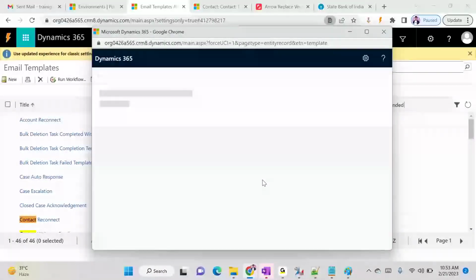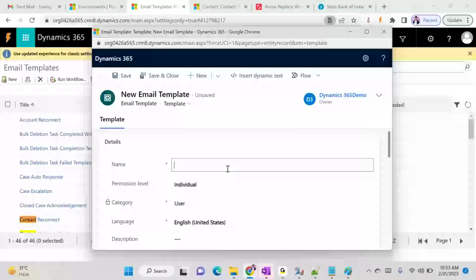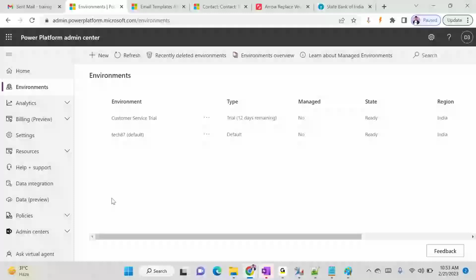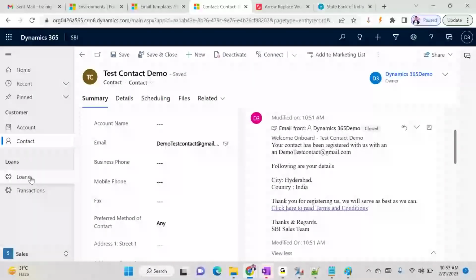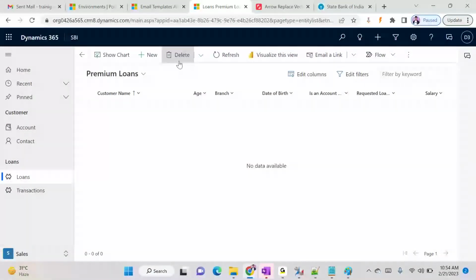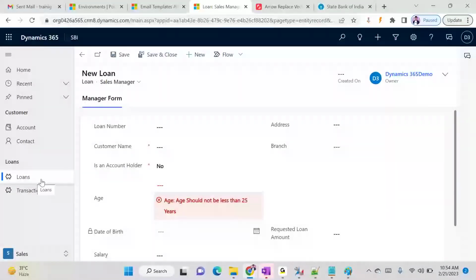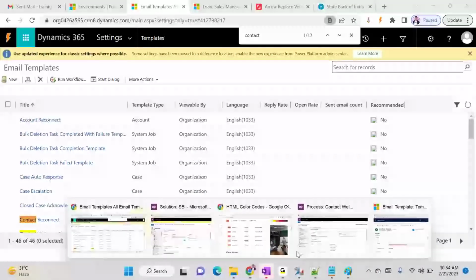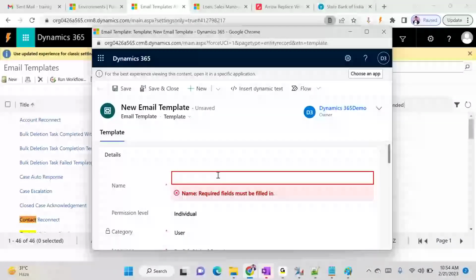So for example, I will tell you on the loan entity. Loan also, we don't have loan template type because it is also a custom entity. Now I want to use email template on the loan entity. I'm just showing on a loan, but you need to work it on the hotel booking entity. So how you will map the dynamic values? So first you can add the email template, loan email template,